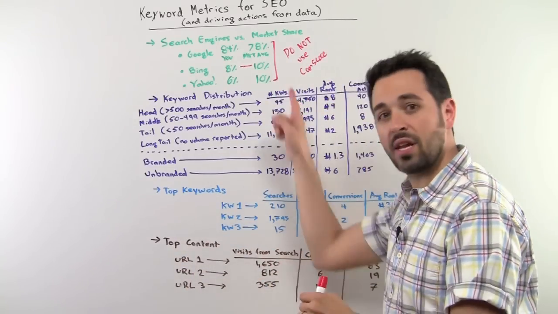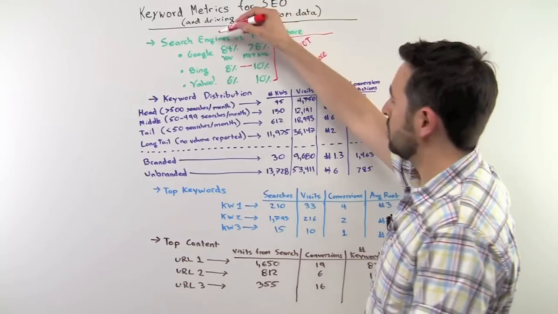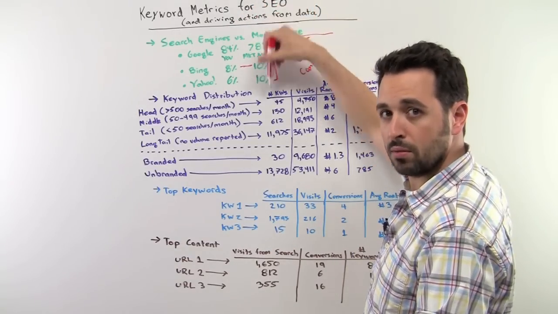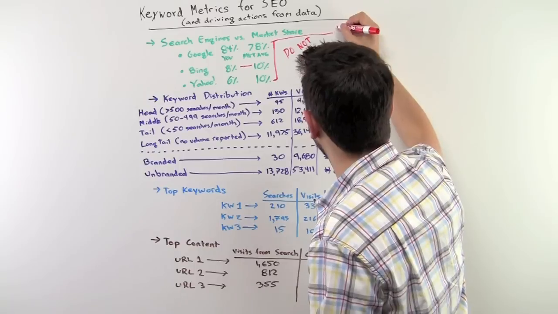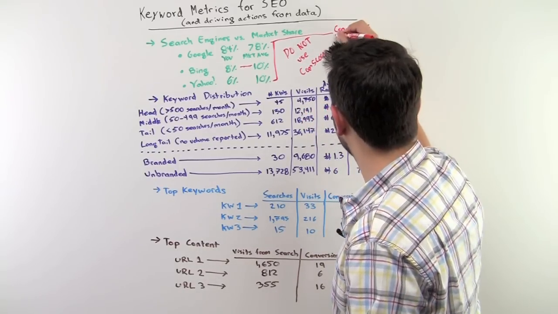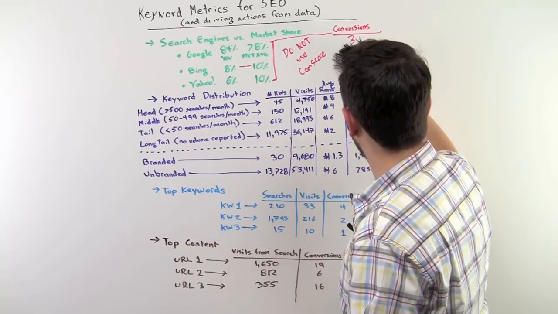And the other thing that I'd highly recommend that you put in here, along with this column, is search engine, market share, you versus the average market shares. And then you also want to have something like conversions data. And throughout this quick Whiteboard Friday, so conversions, I got 3 here, I got 6 there, I got 9, I got 10, whatever it is.